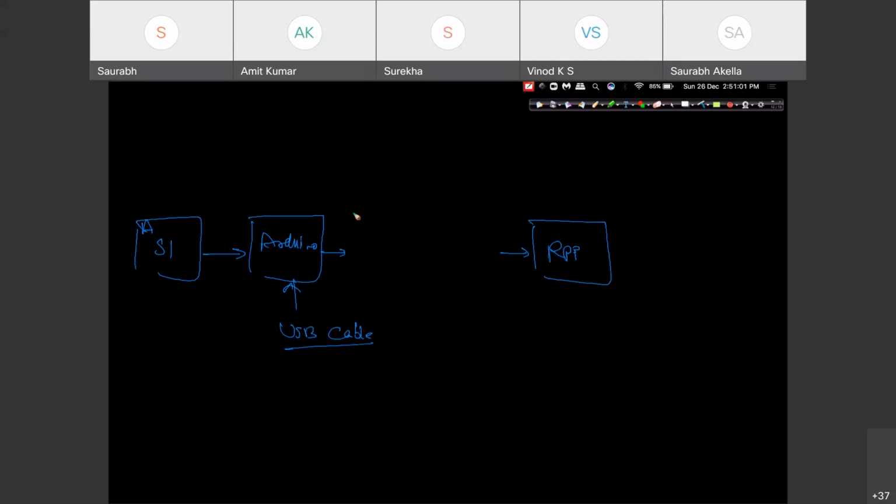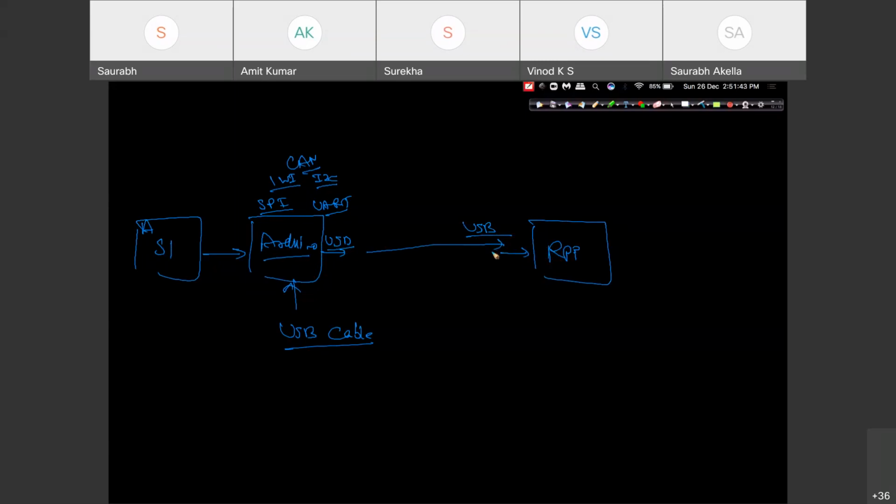Once again, I'm telling you, right? So there could be USB, there could be UART, you could have SPI communication, you could have one wire interface, you could have two wire interface or I2C. You can use any protocol. You can use CAN also, right? Since we are talking about the easiest option, you can use the Arduino USB cable directly inserted into the USB port of Raspberry Pi.